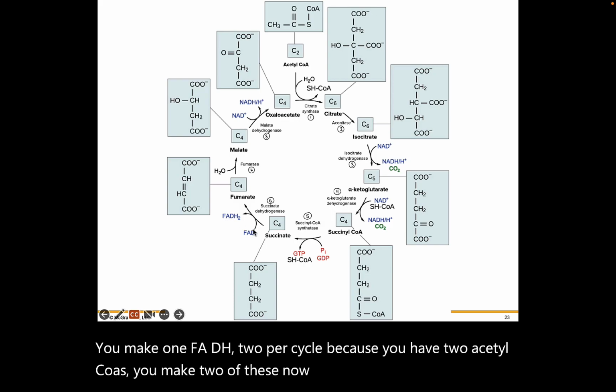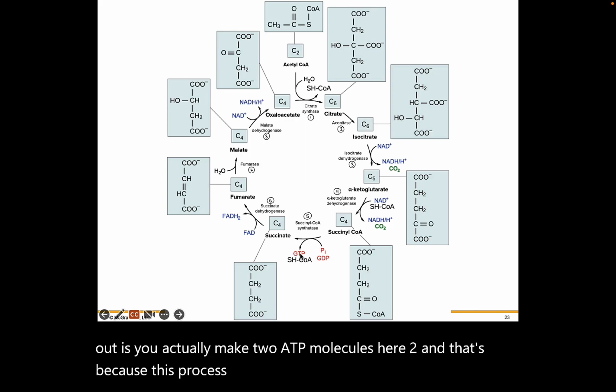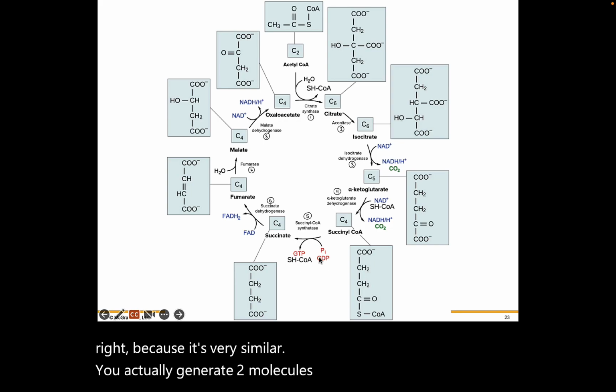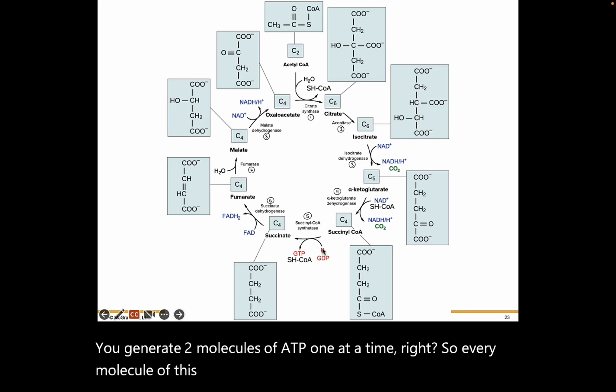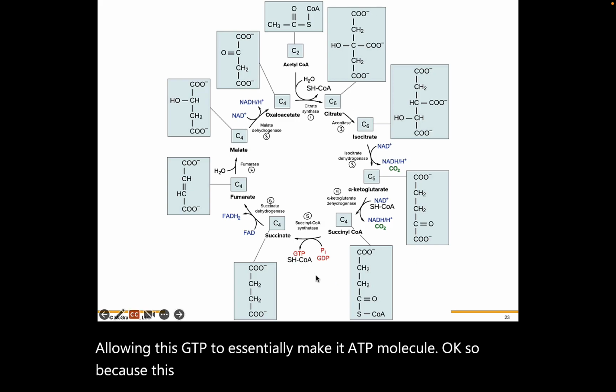Now, the only thing I haven't pointed out is you actually make 2 ATP molecules here too. And that's because this process of making GTP, which sounds a lot like ATP, right? Because it's very similar. You actually generate 2 molecules of ATP, one at a time, right? So every molecule of this GTP that you're essentially making, it is allowing this GTP to essentially make an ATP molecule, okay? So because this happens twice, then essentially you make 2